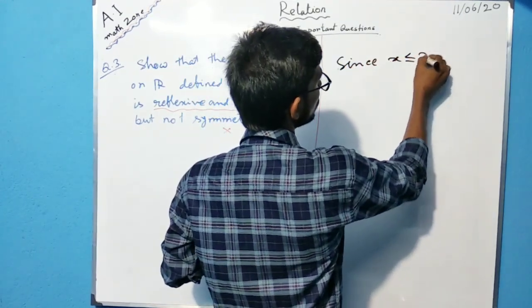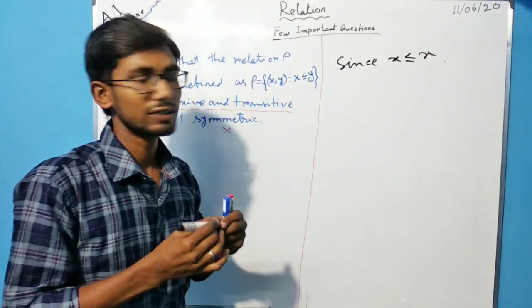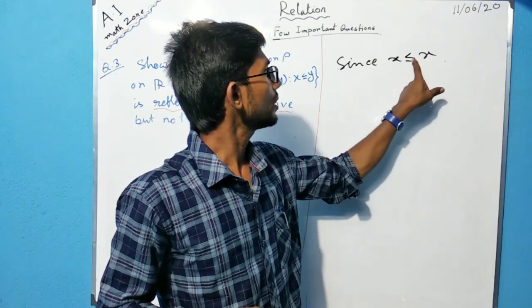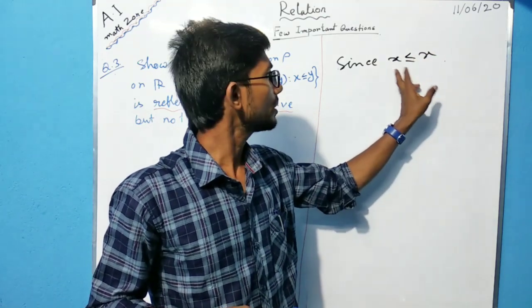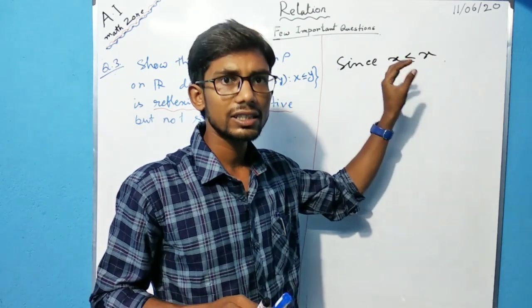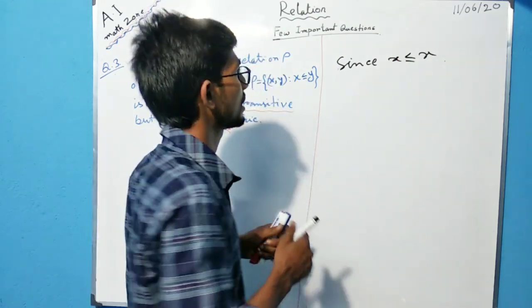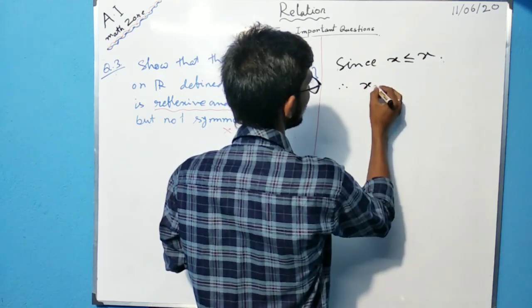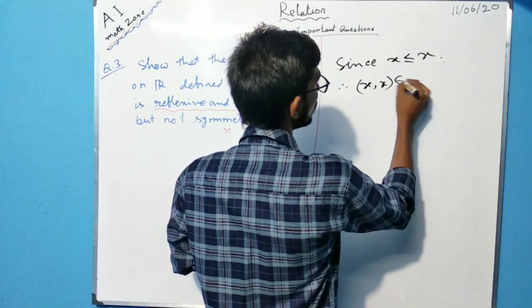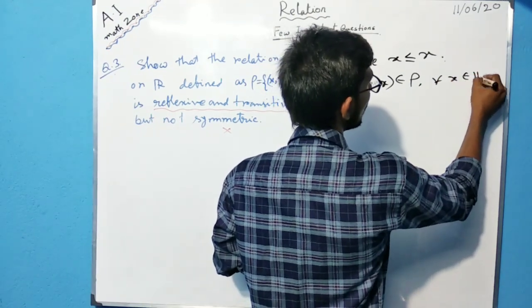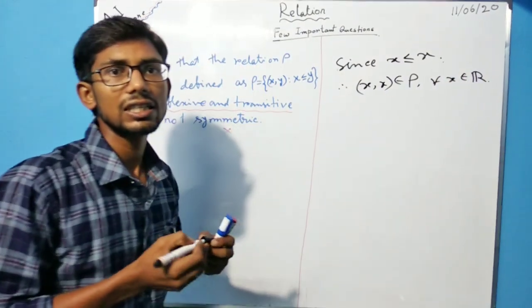x is less or equals to x, ये तो हम लिख सकते हैं, x less or equals to x, right? क्योंकि यहाँ पर equals to साइन है तो वहां पर equals to साइन सेटिस्फाई कर रहा है and that's why we can write here x is less or equals to x. Therefore, x comma x belongs to rho for all x belongs to R, रियल नंबर के अंदर जितने सारे नंबर्स हैं